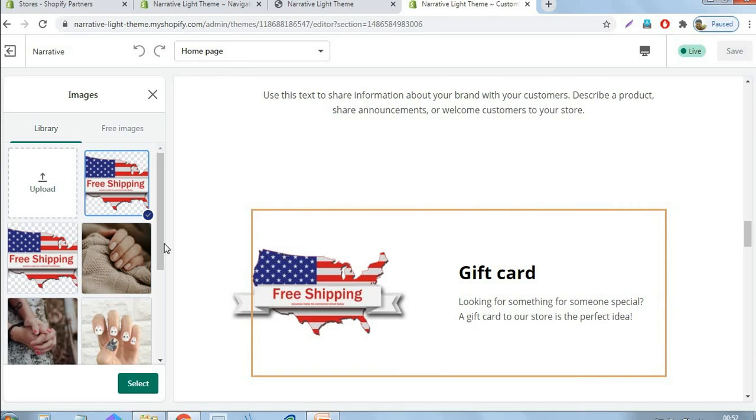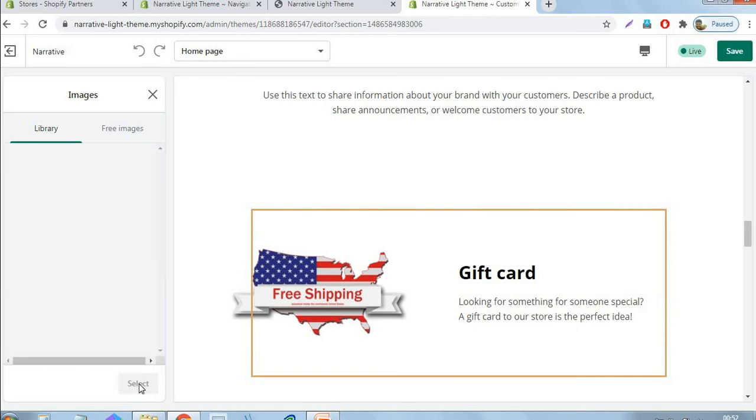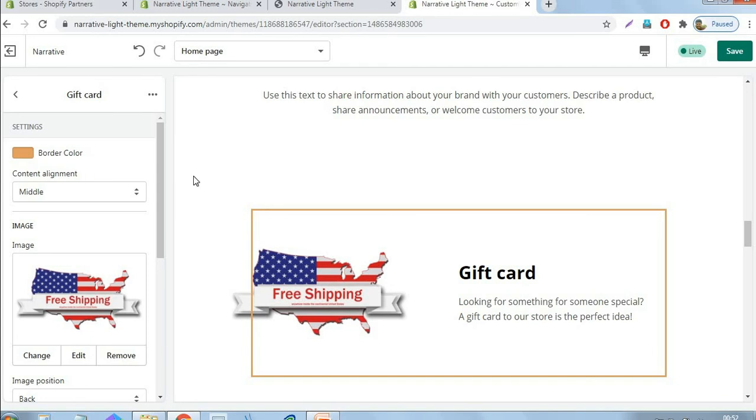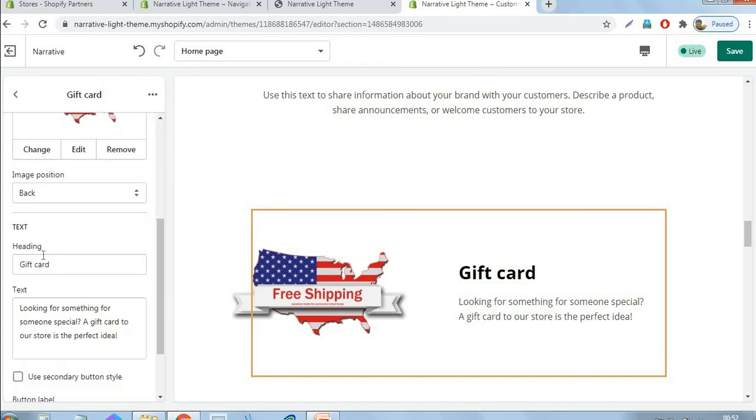Okay, that image is selected. Just click the select button. Replace the title: Free shipping on US. Just give that and click the save button.